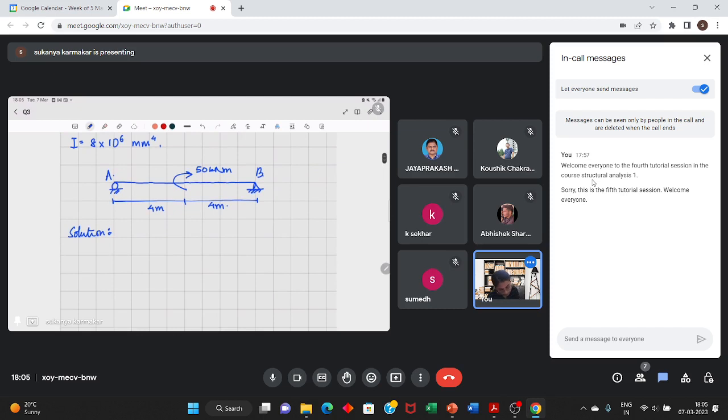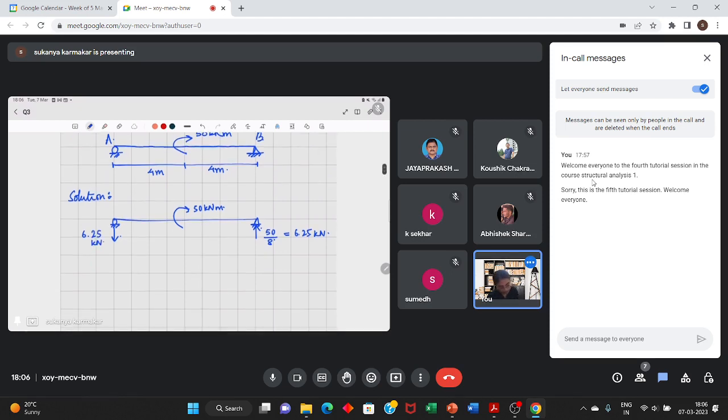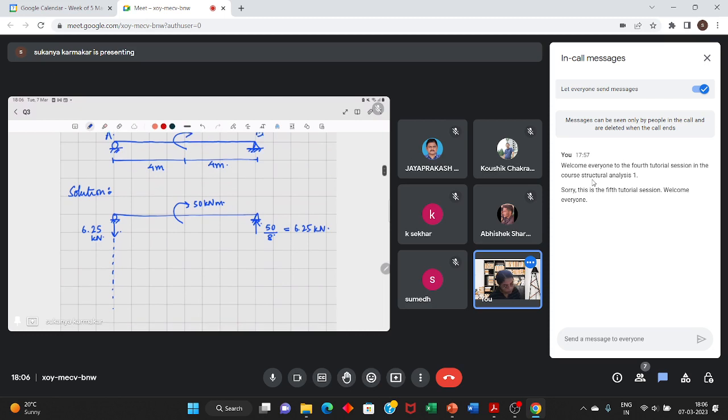This being the beam, if a moment of 50 kilonewton meter is acting in the clockwise direction, then the resisting moment should be in the anti-clockwise direction, and the reaction is equal to 50 divided by 8, which is 6.25 kilonewton, and even this is 6.25 kilonewton. And from here we'll be drawing the